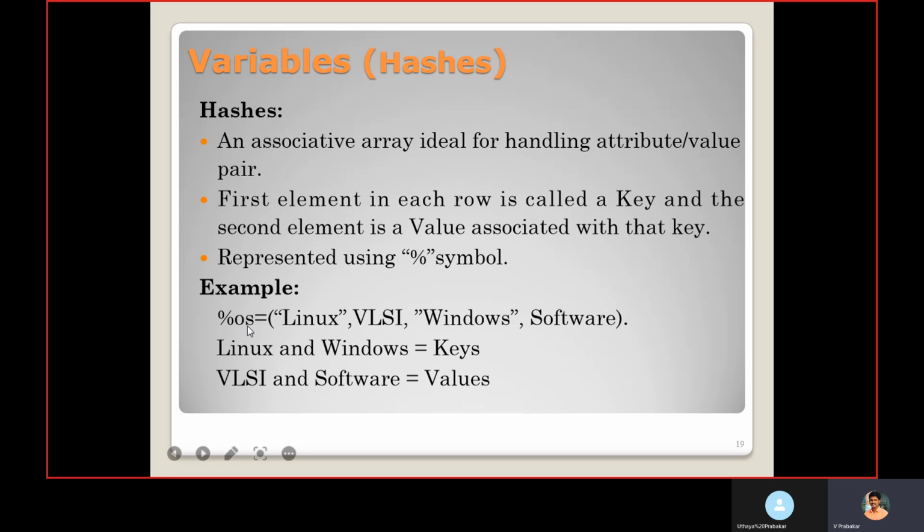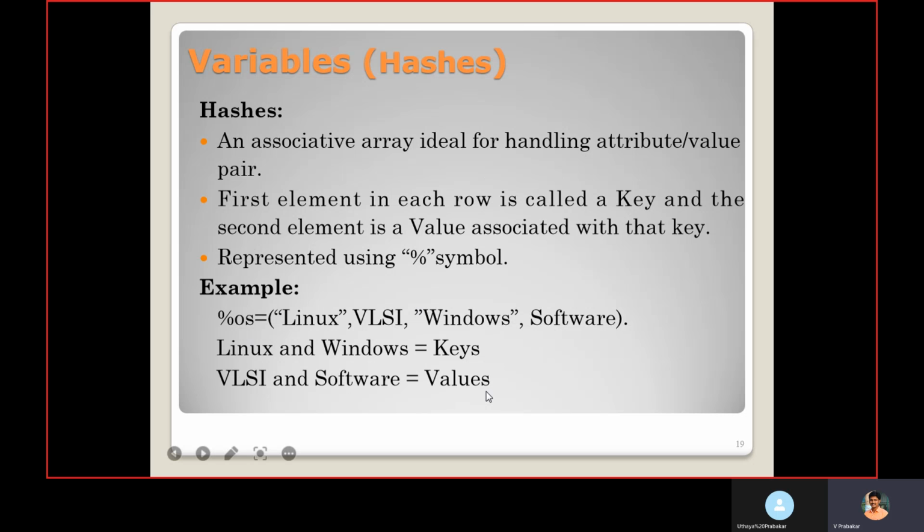For example, %OS in this bracket, first is a key, and next is a value for this corresponding key: Linux, VLSI, Windows, software. So Linux and Windows are keys, and VLSI and software are values.